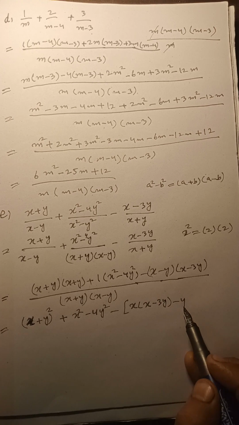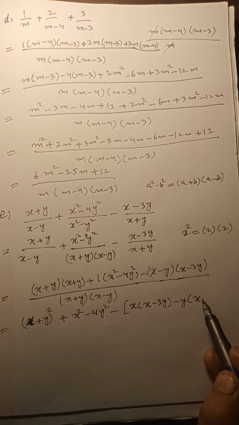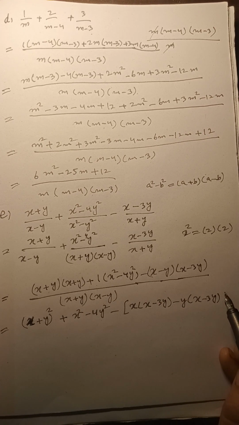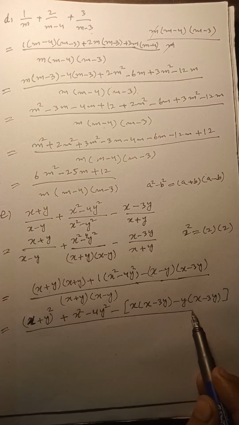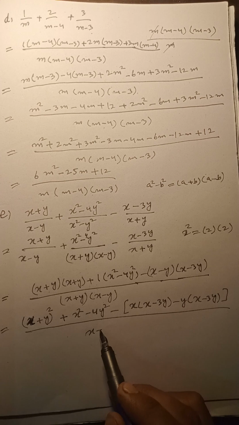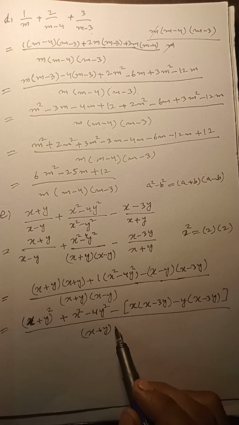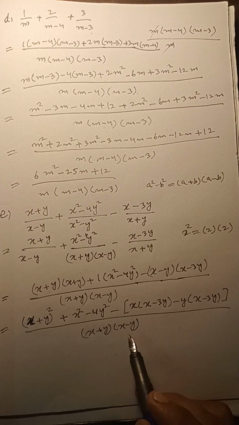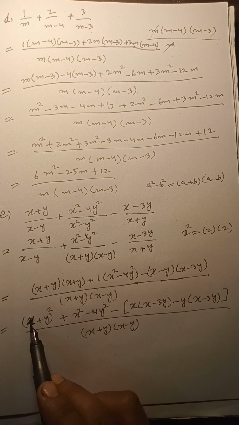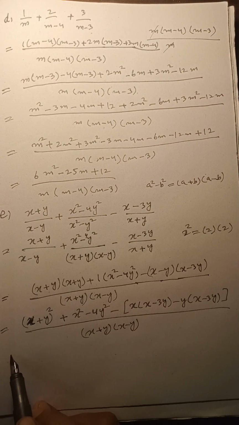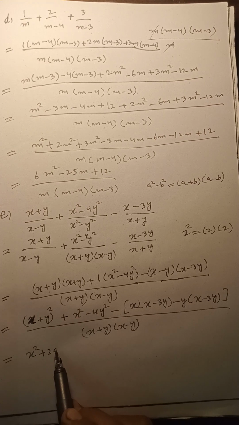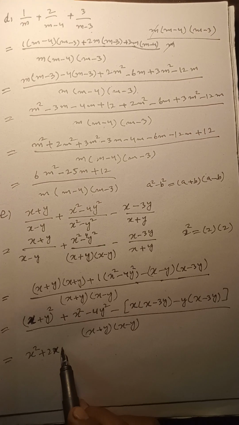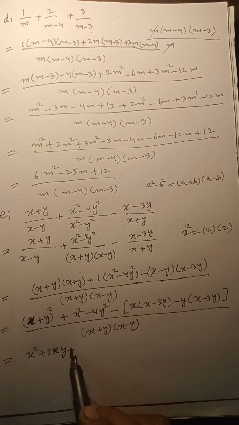Similarly minus y here, and this whole term inside the bracket. Now the bracket is closed, and it will be written the same, x plus y and x minus y. Now you know that a plus b whole square is equal to a square plus 2ab plus b square,